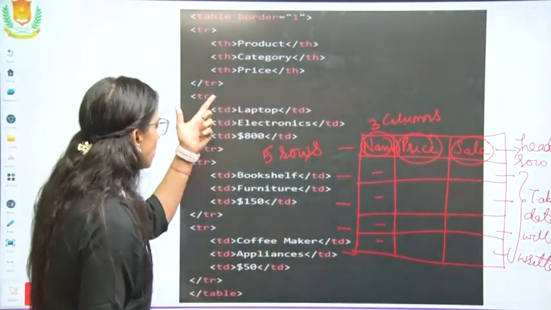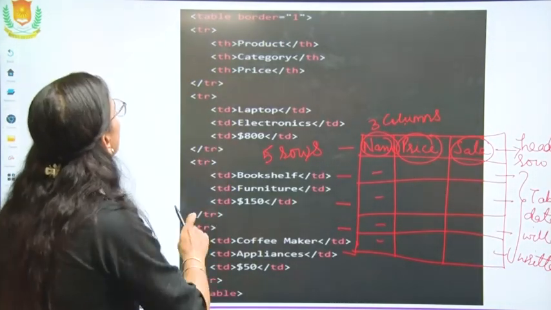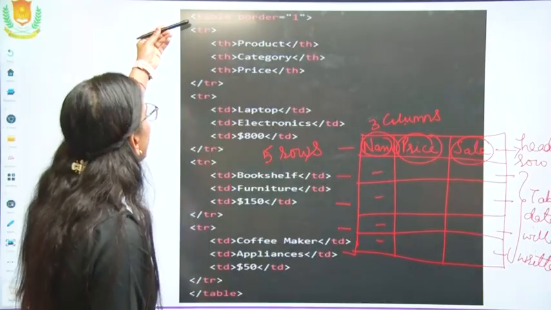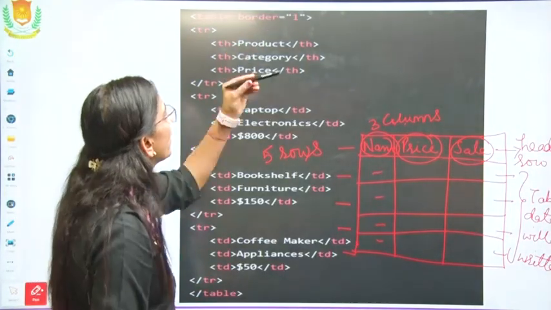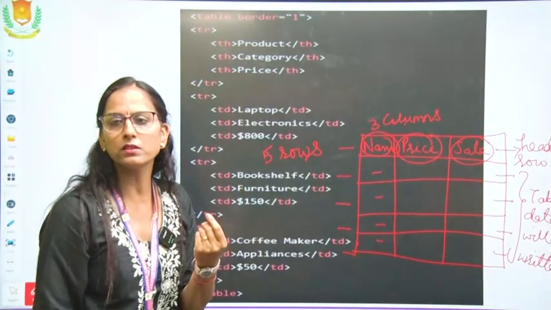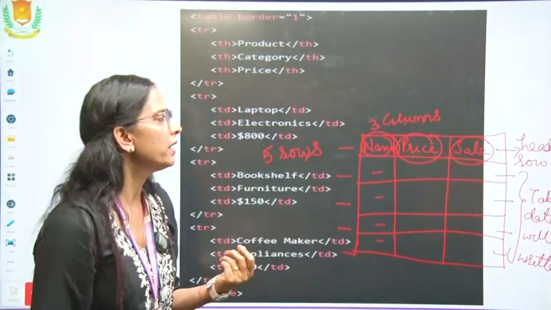Now just see how the coding is done for these kind of tables. First of all, the table tag is given and we have specified the border for the table. One is the pixels value, the thickness of the border, how thick the border will be displayed.